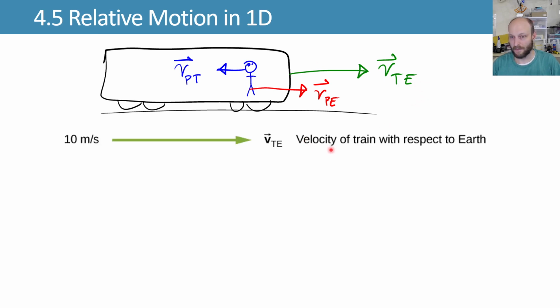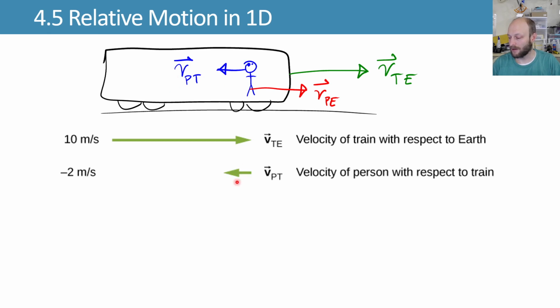meters per second. The velocity of our person with respect to the train, VPT, is going to be in the negative direction, and it'll be negative 2 meters per second. And then our velocity of our person with respect to the Earth, just knowing these two things, I can tell you what this velocity is. If our train's moving to the right and we're moving to the left on the train, then the difference between these two will give me